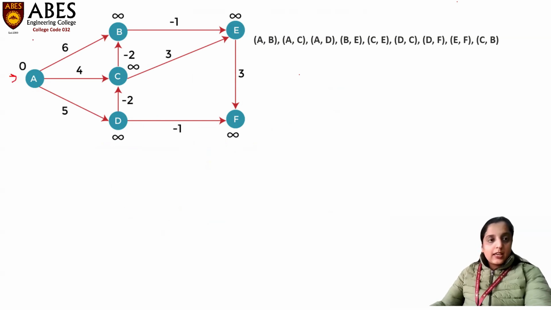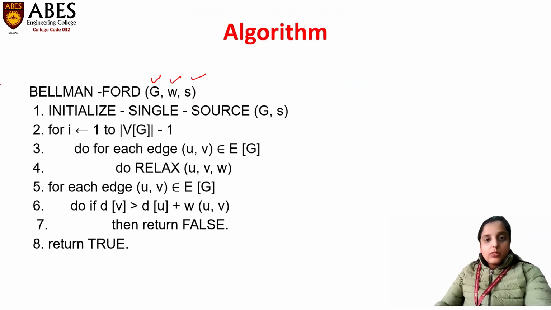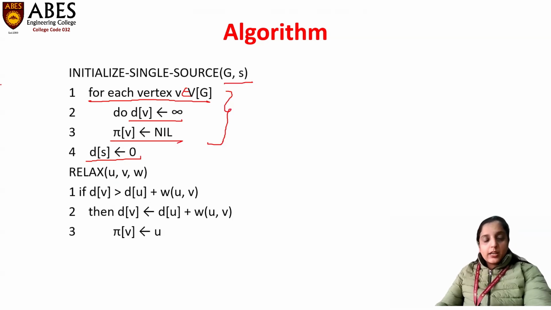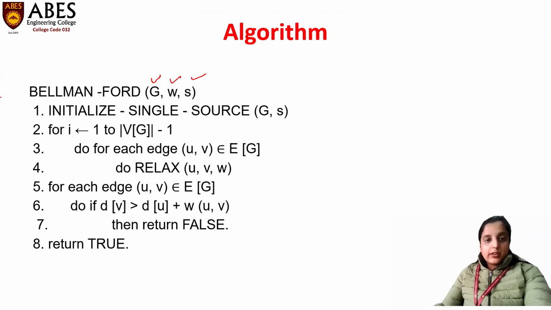So I'm taking it as A. So it will be your zero, and all the rest of the vertices will be initialized to infinity. Now, once this function completes, the control will again be at line number two. At line number two, it is saying that you have to run one I loop,